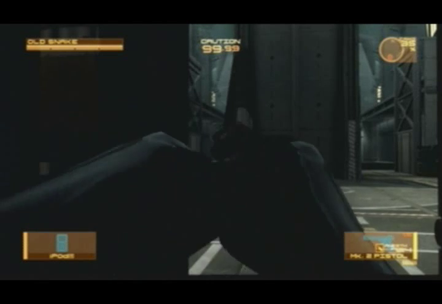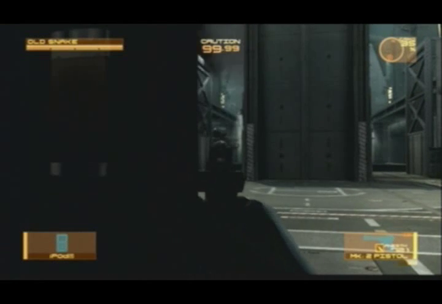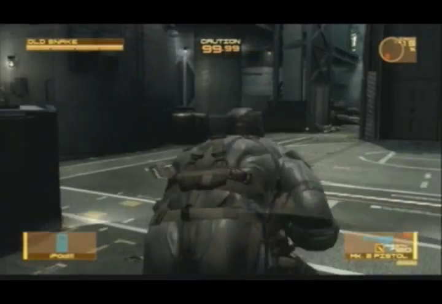The Gecko will still mow you down, but the Haven Troopers will not. They don't want to kill each other, so that works. Okay. And if you're having a hard time doing CQC because of this CQC counter, there's a way